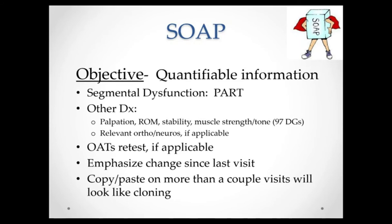And I think the best way to capture that is with PART, which is outlined by Medicare. It's an acronym for how to do an exam that proves that a subluxation exists. And I love that. I think that's a great way to put it. I think that's something you should have in every note for every patient when you want to get credit for